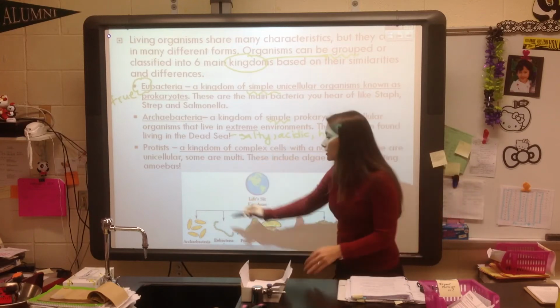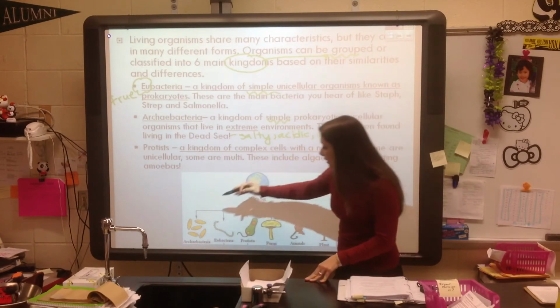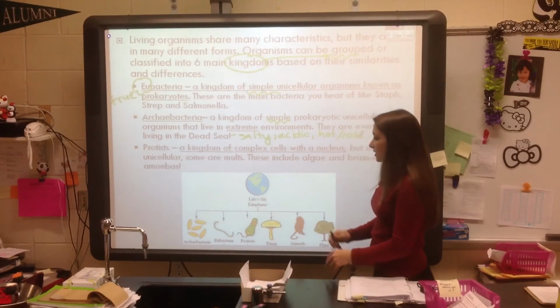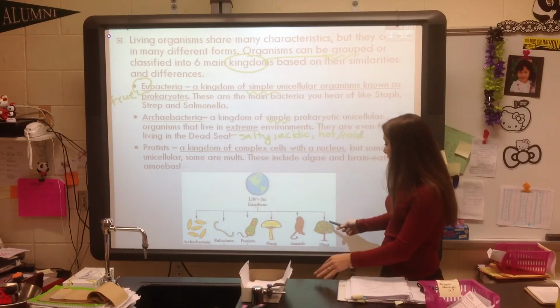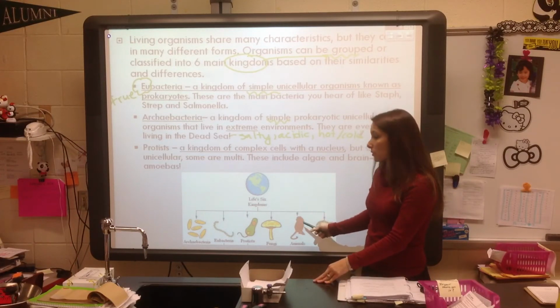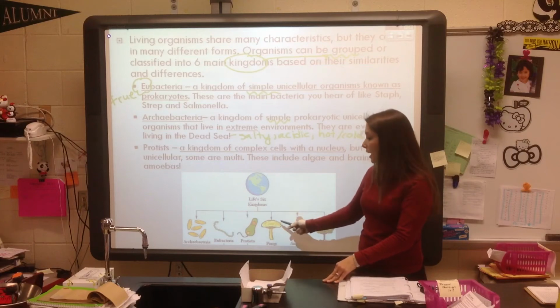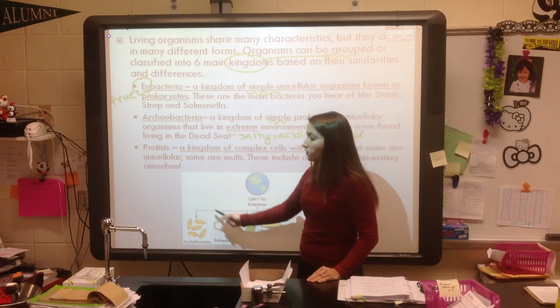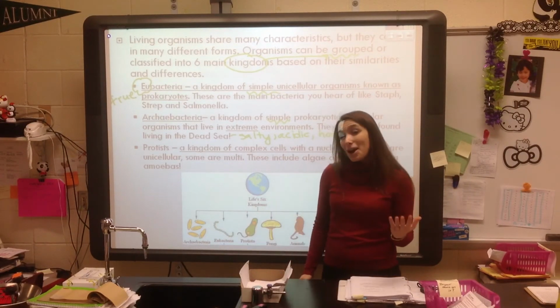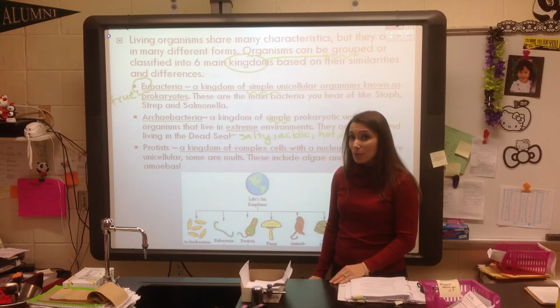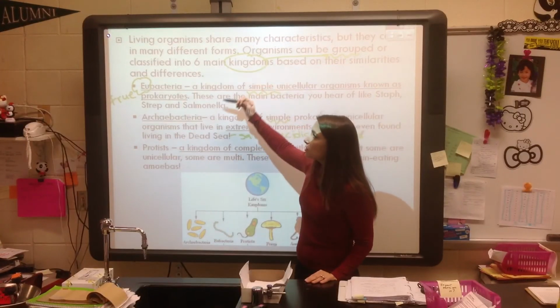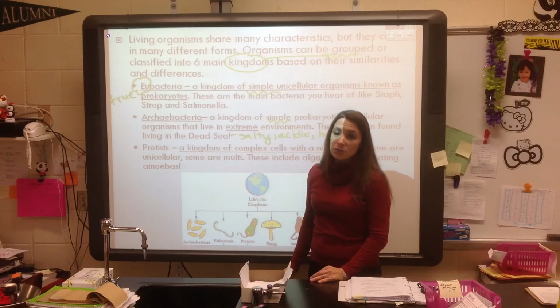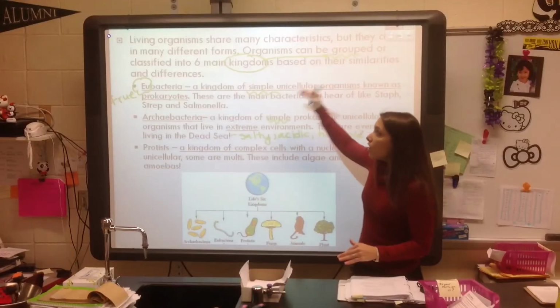What you see here is a picture that gives you a general idea of the 6 kingdoms. As I said, most people know plants and animals. You might think of fungi, but protists, eubacteria, and archaeobacteria aren't the first things that come to most people's minds. So we're trying to introduce ourselves to these because what we want to understand is all of these are made